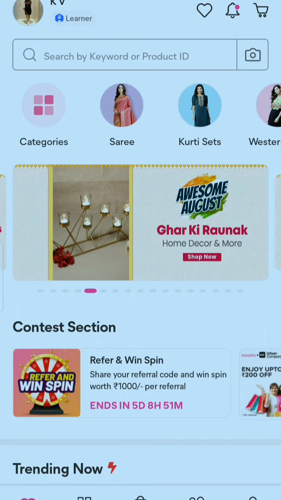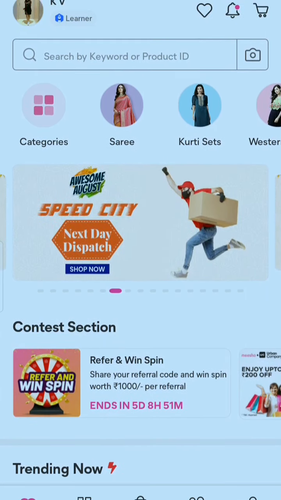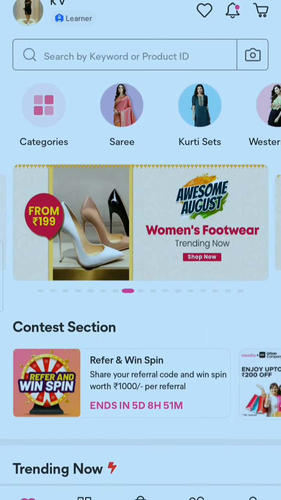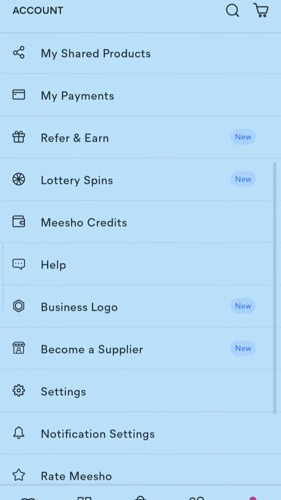You need to join here as a business to resell and earn money. It doesn't matter whether you do this work or not, you definitely can create a logo to earn money or to use on websites. So create your account and log in, and you will find in the bottom section, I'm highlighting the account section. Go here, account section, and you will find here business logo.